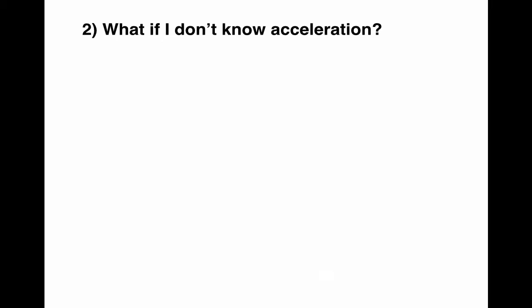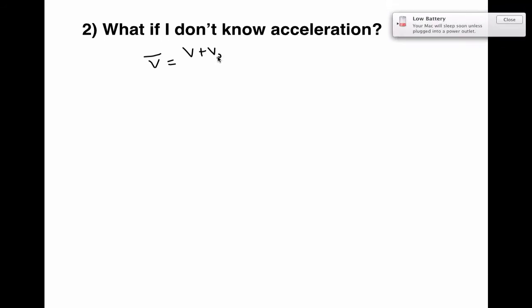So the second question, what if I don't know acceleration? Well, this one I can do another little trick. This one's a lot more straightforward. And if I look at the basic definition for average velocity, if I look at the arithmetic mean, that is, I take the sum and I divide by the number of the parts. If I'm only interested in a final velocity and an initial velocity,